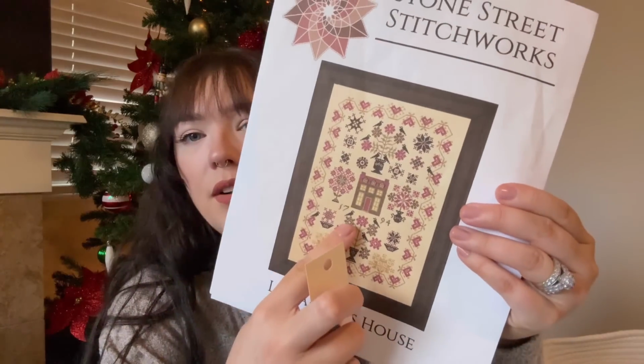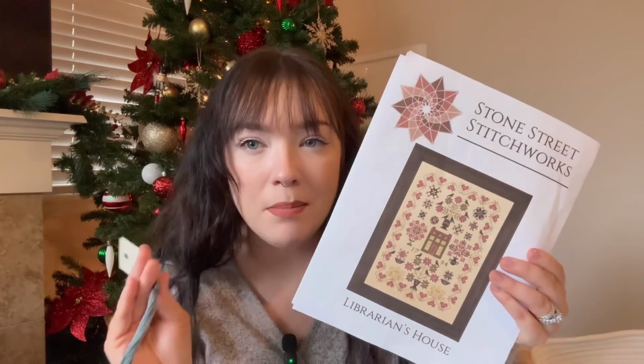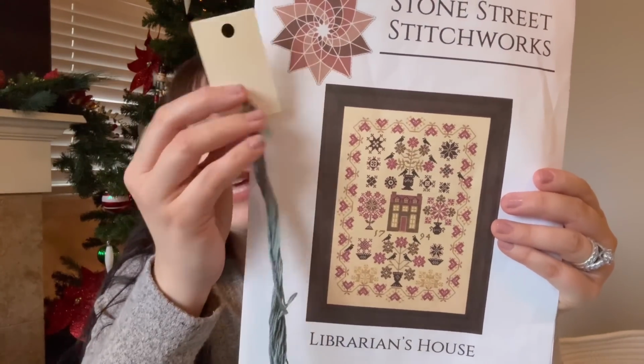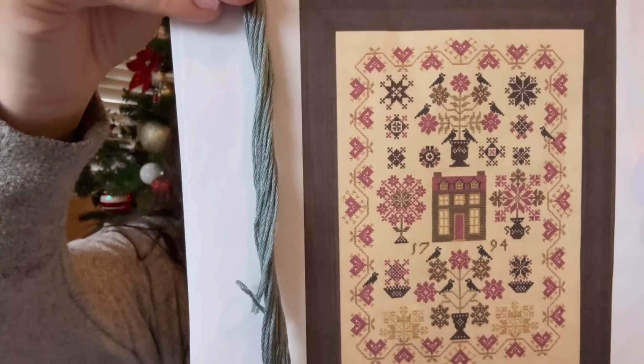So the house itself, as well as some of the motifs, because I might mix this into some of the motifs, haven't decided yet, is going to be Dublin Bay. This is a classic Colorworks. Really, really pretty color. Absolutely love it. Honestly, I probably should have just chosen a DMC instead of buying Dublin Bay though, because I will say there's a very, very subtle variation to this,